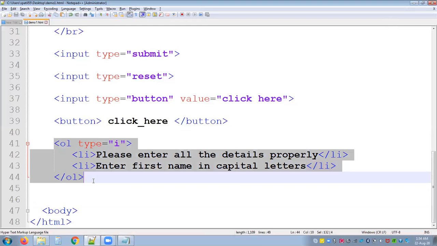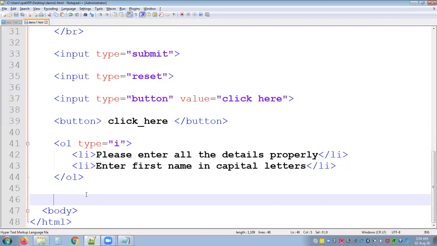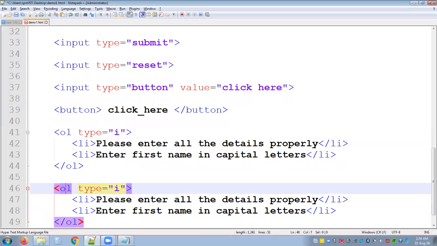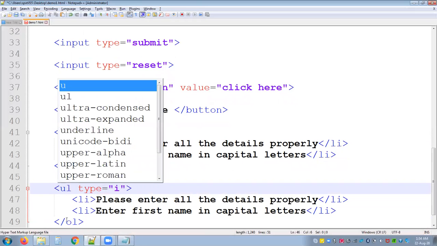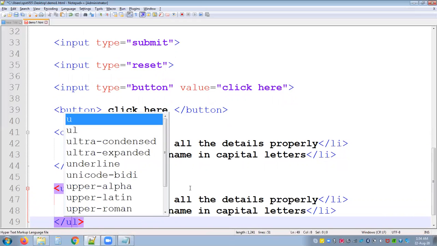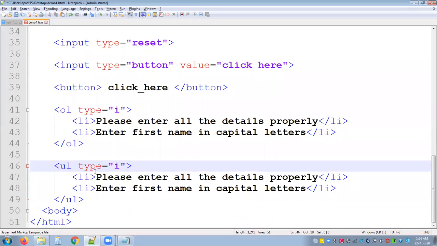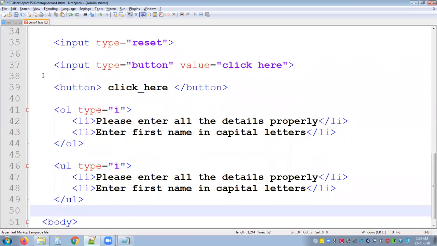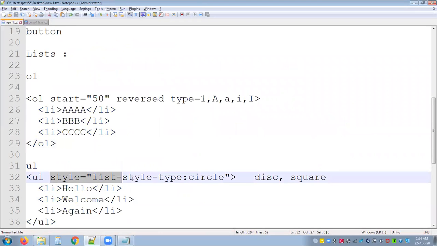Then what about the UL? UL is the unordered list. We are getting bullets here. Now if you want bullets of a different type, then you can again include style, wherein you have circle as the default.